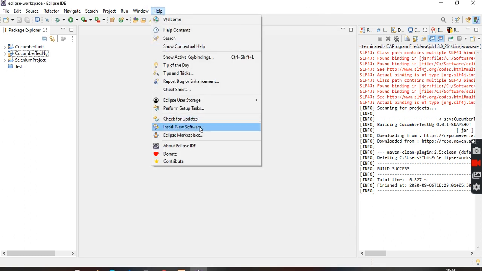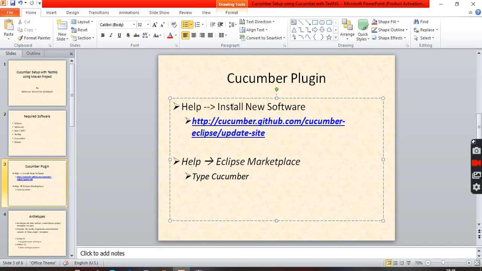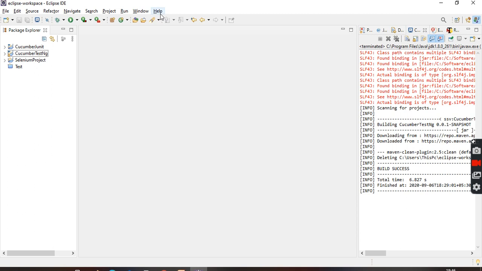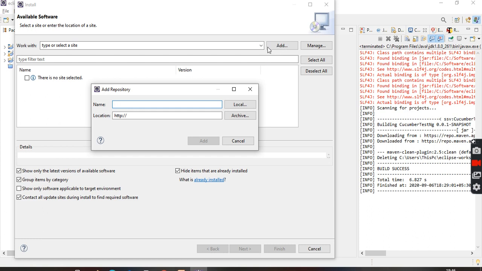If you don't want to go this way, there is also another way. Help, Install New Software. Here you click on the add button and type the name, Cucumber, any name for your reference.